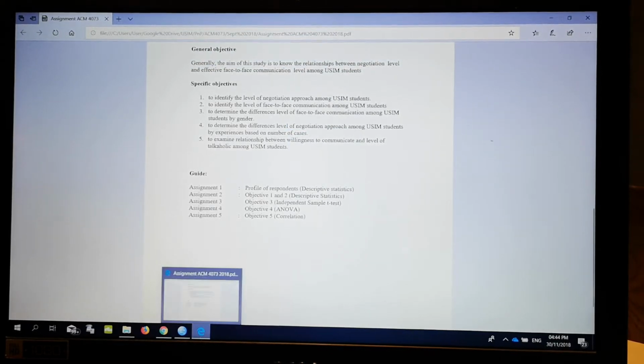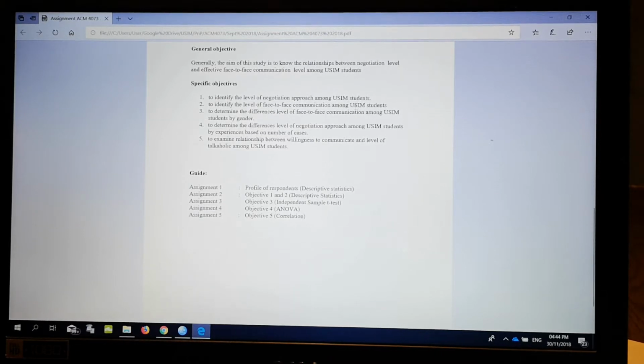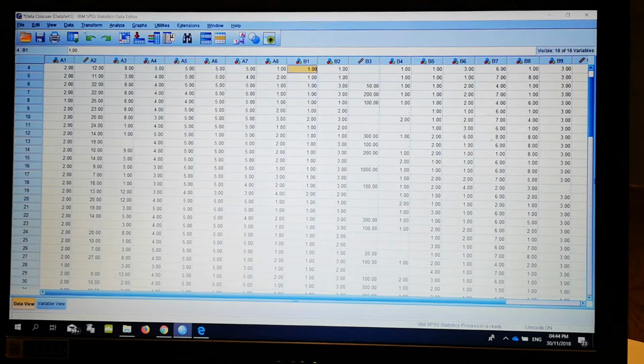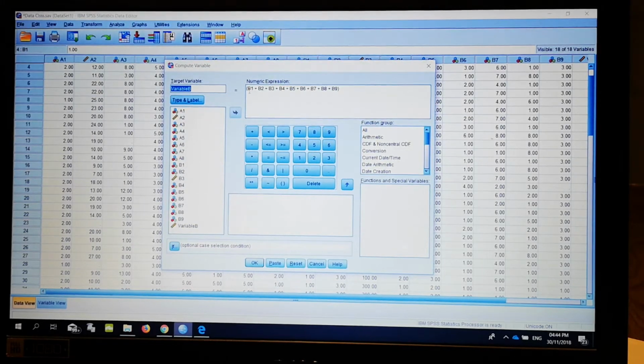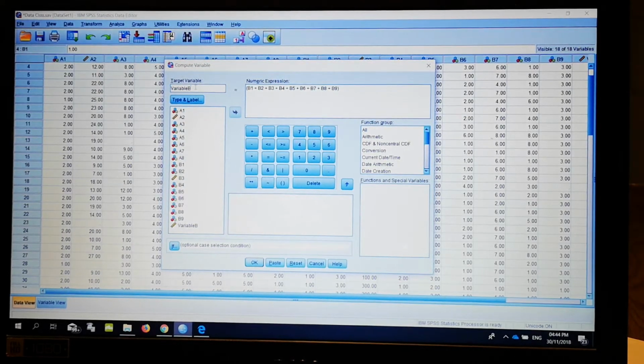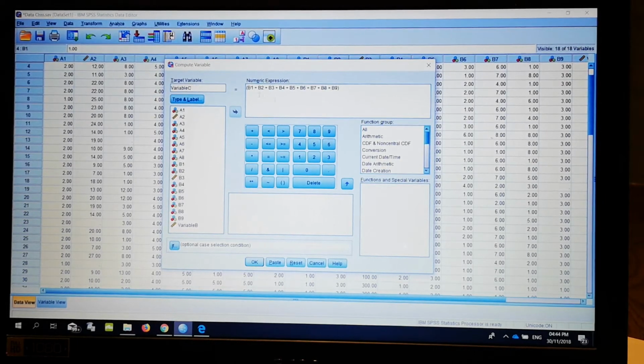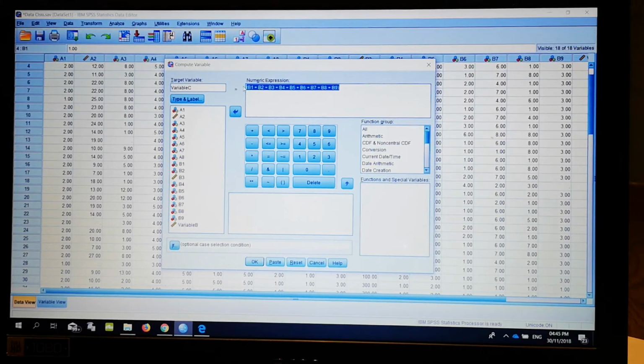So there will be 2 scores, the score for face-to-face and the score of negotiation. You repeat the same thing as I mentioned in the independent sample t-test. You go to Transform and then Compute Variable. You have to give a different name for your score of negotiation, and then you bring in all those